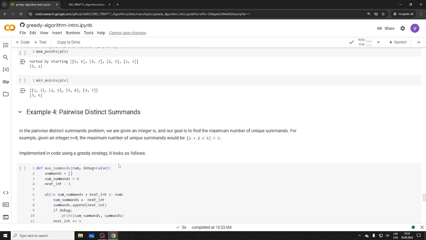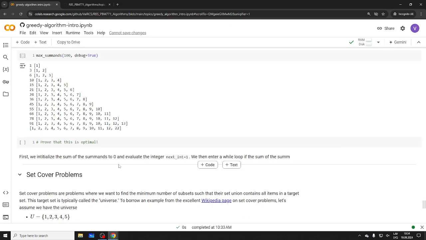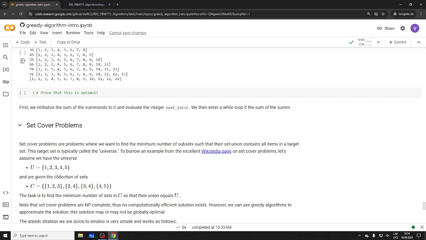Pairwise distinct summands, not going to look at that, but set cover. Minimum number of subsets such that the union contains all items in the target set, the universe. So you have a universe, 1, 2, 3, 4, 5, and a collection of sets: 1, 2, 3, 2, 4, 3, 4, 4, 5. This is a case where the greedy approach will not give you the best solution, but it can give you